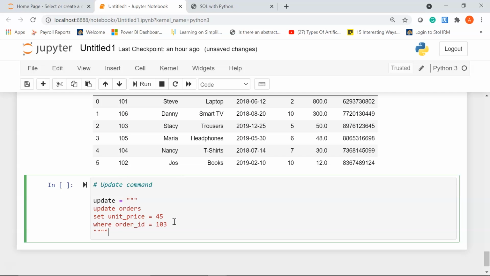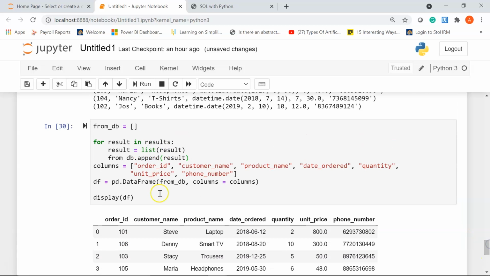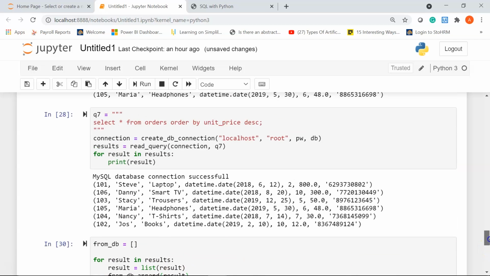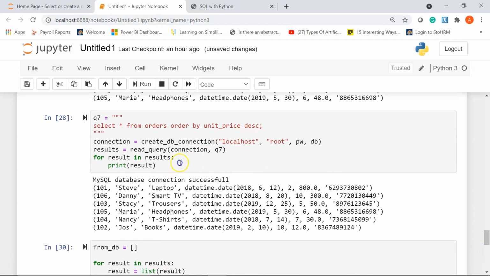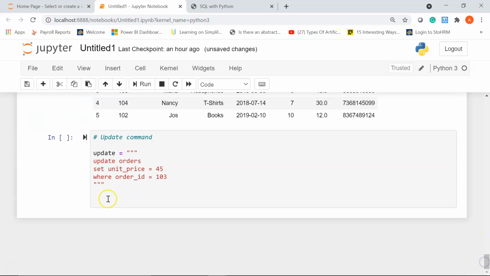I'll close the triple quotes, and now I'll use the connection queries again. Let me just paste it here.